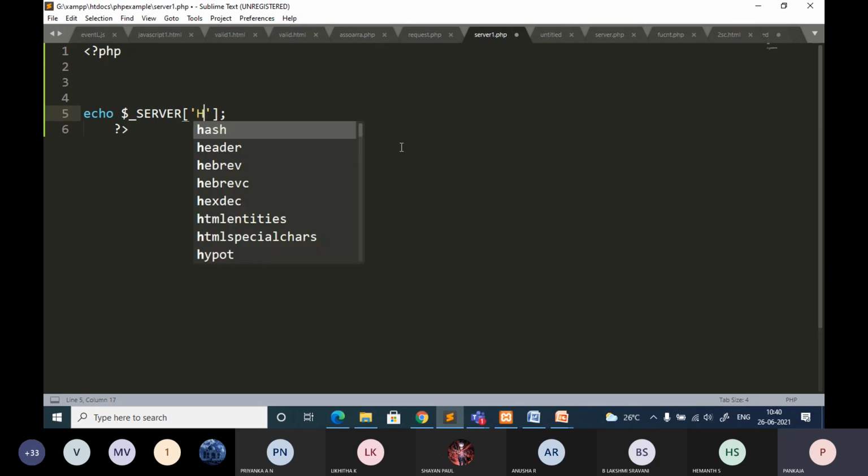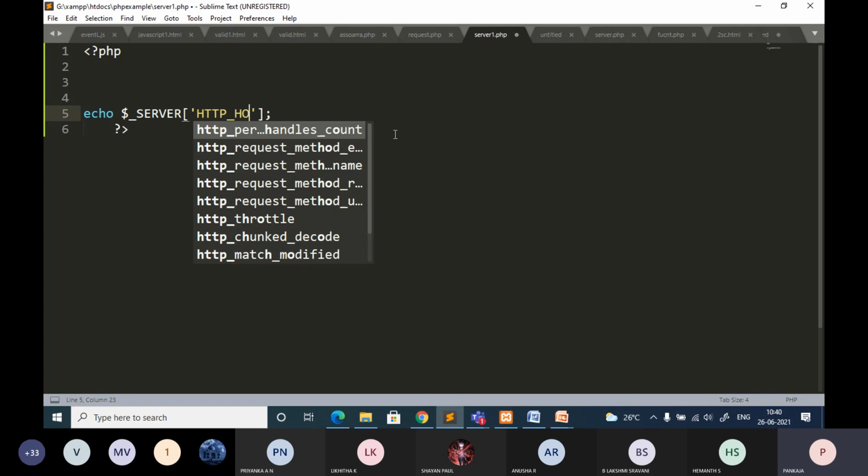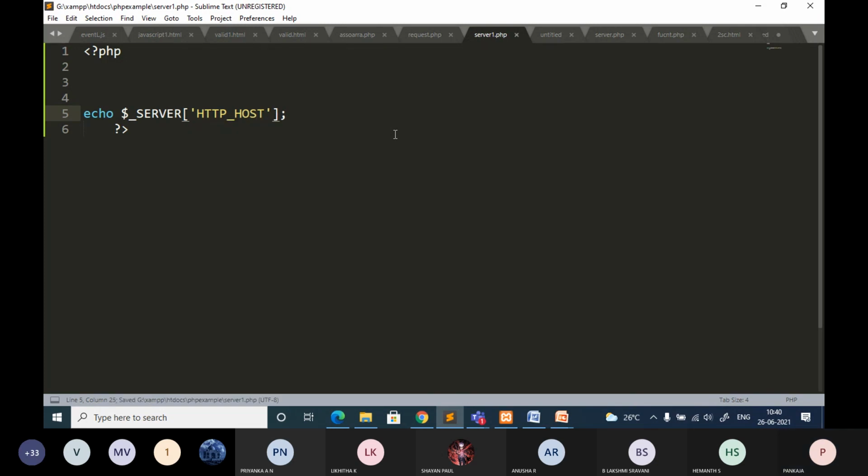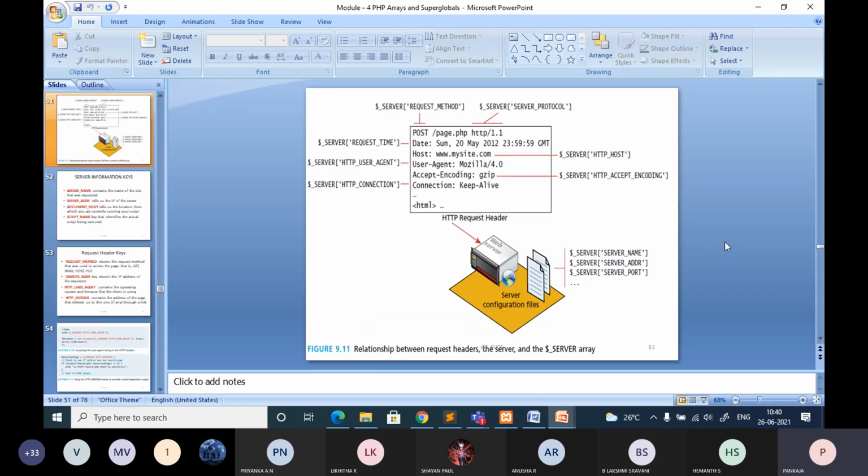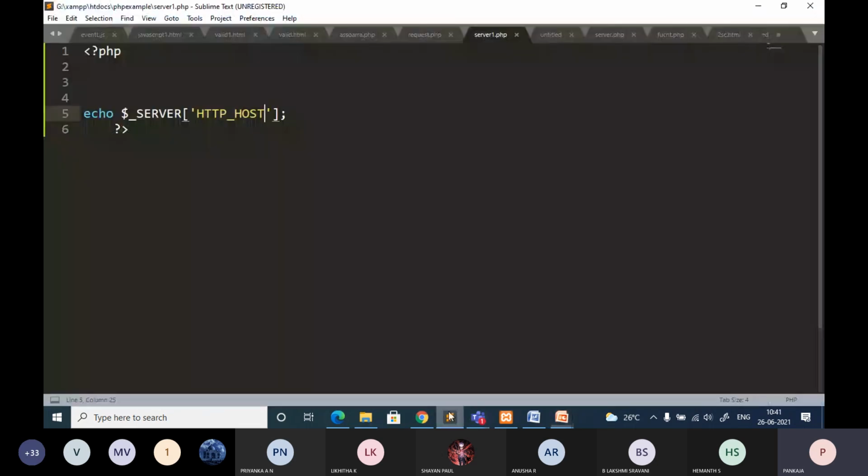So I'll go with HTTP host. Whatever I'm using, it is localhost. Like that you can access the particular information. If not, you can use the foreach condition and write the complete code.